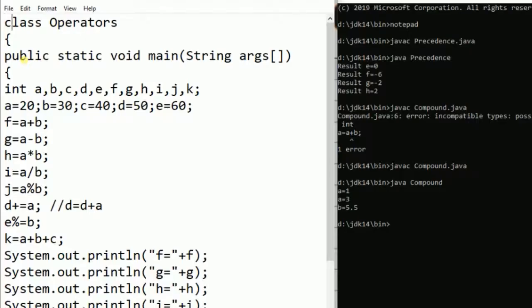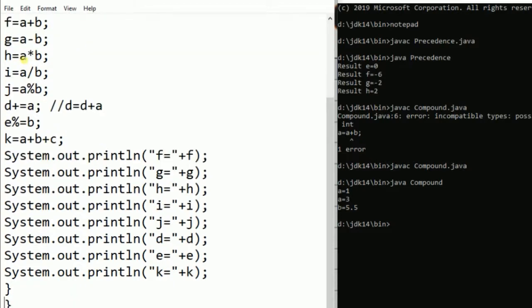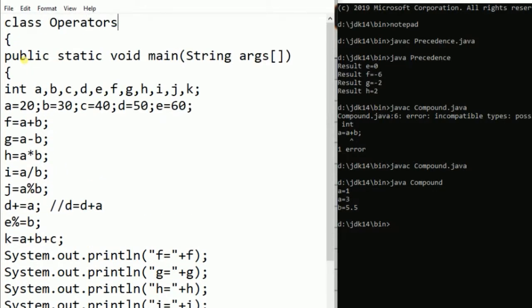You can see on screen class operators, that is public static void main string args. Then I took some variables, a equal to 20, b equal to 30, c equal to 40, d equal to 50, e equal to 60. Now we made one operation, f is equal to a plus b. This is just a demo on arithmetic operators. G is equal to a minus b, h is equal to a into b, then i is equal to a slash b, j is equal to a mod b, then